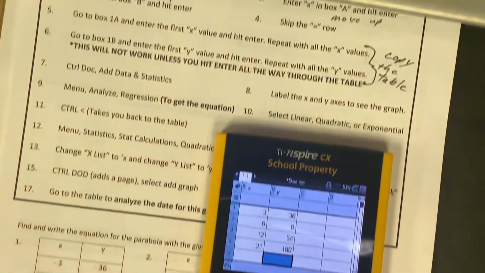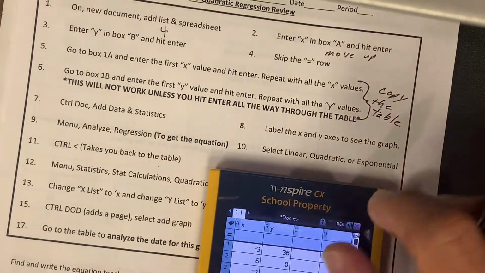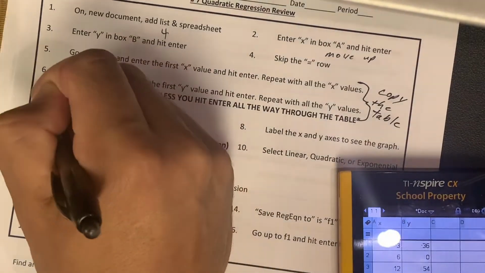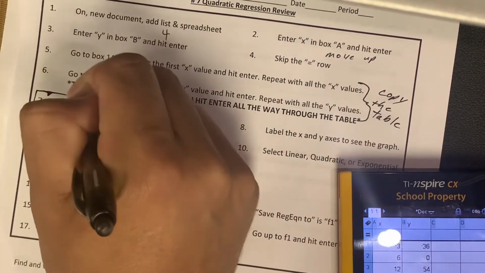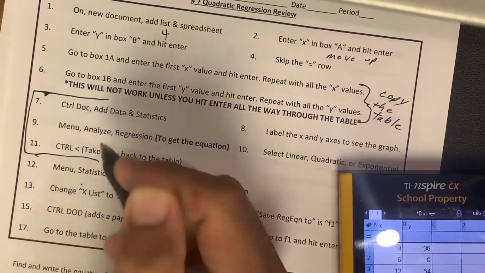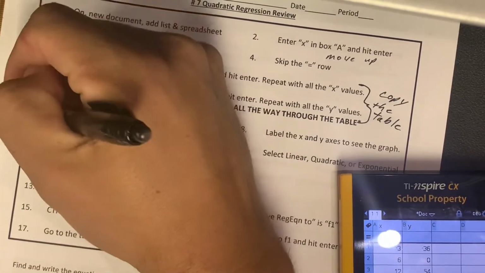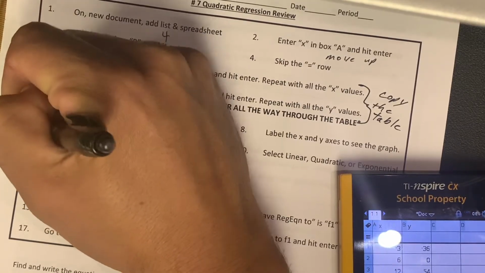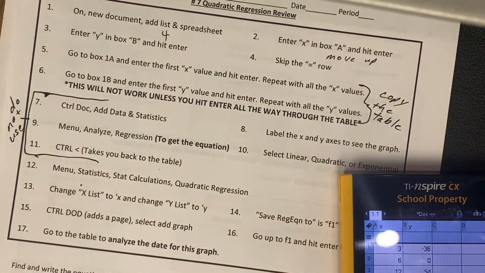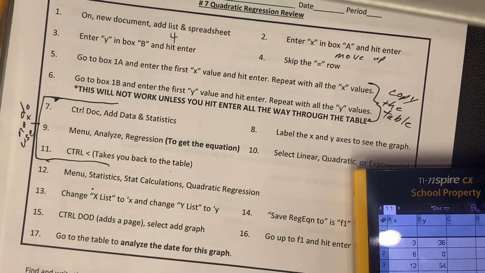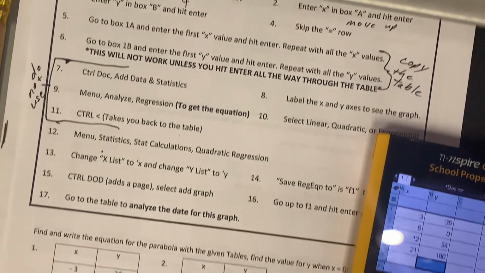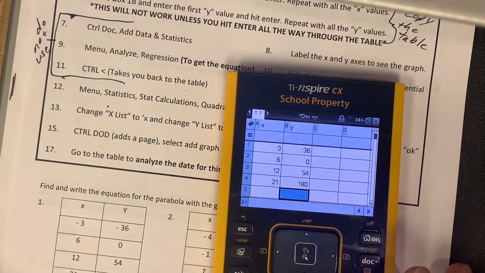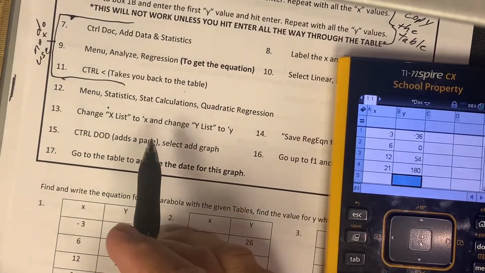Okay. Once I've copied the table, this 7 through 11, we do not use. Okay. You might need to use that in the future, but right now we're not going to use that just to get the equation. Okay, so once we have our table in, all we have to do is menu, statistics,